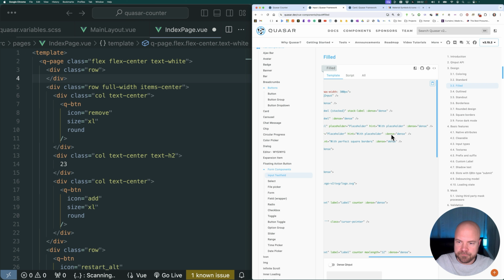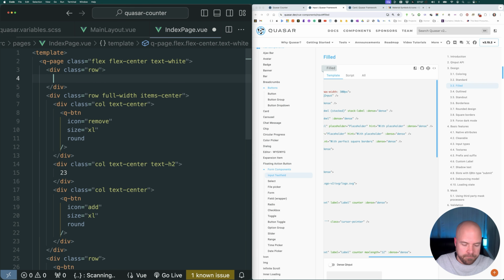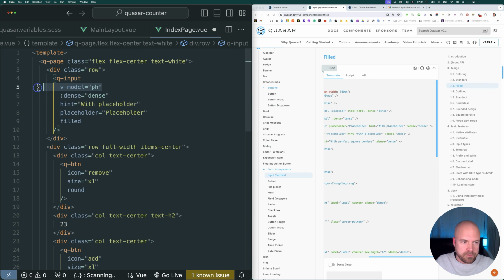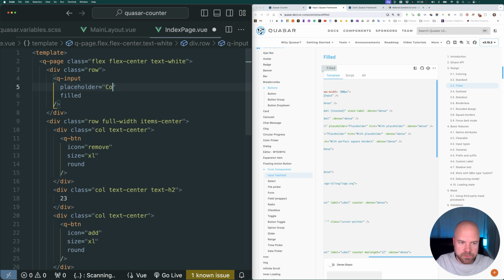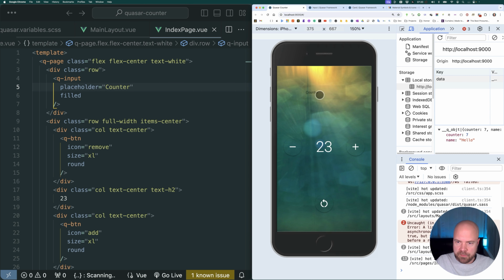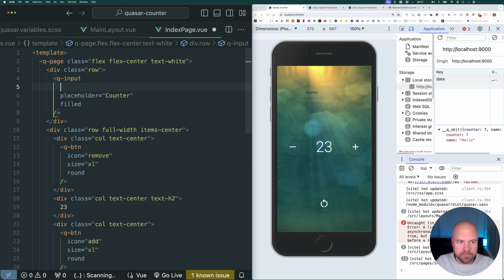So let's copy that. We'll stick this inside our row here, and I'm going to remove the vModel and the dense prop and the hint. And we'll set the placeholder to counter, save that, and we can see that field on the page. And the text is black and left aligned. And if we want to add classes to the underlying input in this Q input component, we can add a prop of input-class. And let's add a class of text-center to center the text,